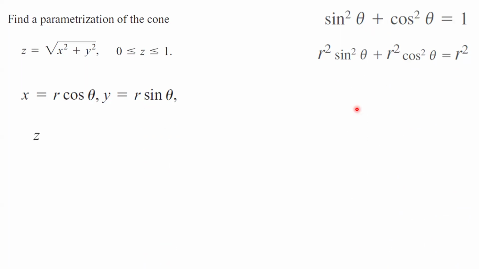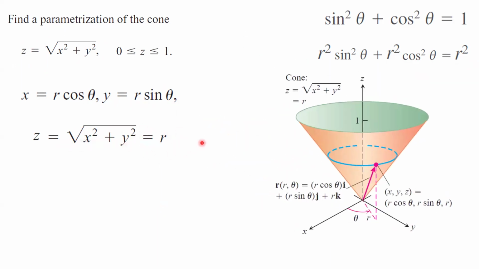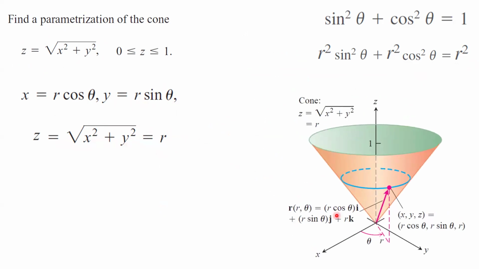Now, with this information, z is equal to the square root of x squared plus y squared, given in the question to us. If you plug those in, you get r back. So r squared cosine squared plus r squared sine squared inside the radical. Remember that this is nothing but r squared. The square root of r squared is equal to r. The visualization of this cone is located here. We know that z is bounded between 0 and 1. We have a range for our z, and z is the square root of x squared plus y squared,